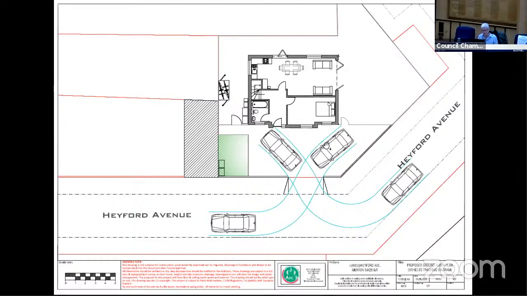There are 2 parking spaces which can be provided, so arguably the proposals should not add to parking pressure locally. The street is not in a controlled parking zone, but as I said, there's more than adequate space on the site. The designer has annotated it to show a cycle store as well. But overall, we feel this is a good example of site optimization, and the scheme is recommended for approval subject to conditions.